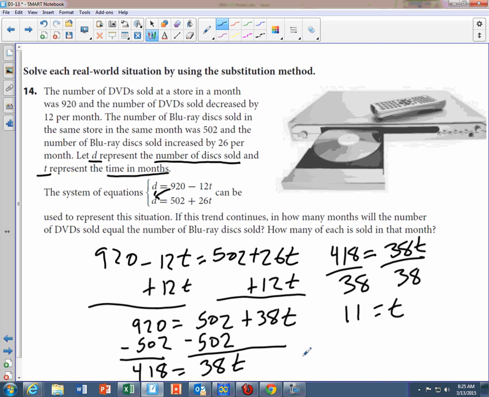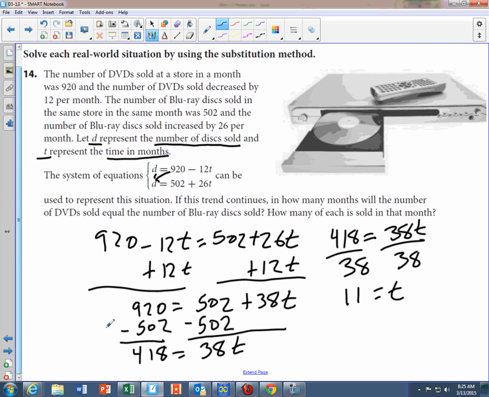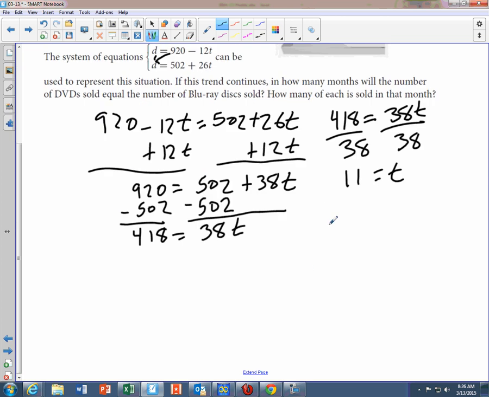This was all step 3. Step 4 says take what you solved for and put it in for a variable. Which one looks easier, top or bottom? Bottom. I like bottom because it's all positive, right? So I don't run out of room here, let's make this bigger. If I have d equals 502 plus 26 times t, that's the same thing as d